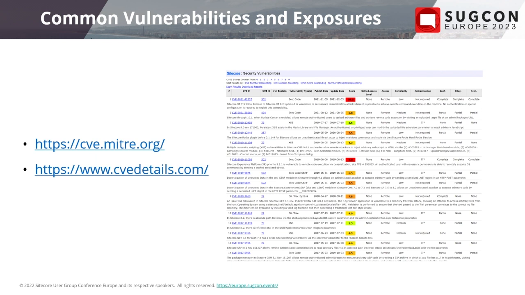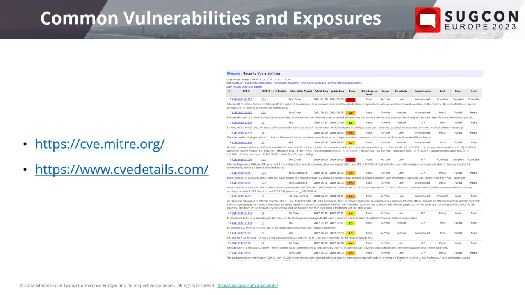So the number is given by CVE, then the dash, the year, and then some arbitrary number. So if you need to find the latest, just go in and have a look. CVE-2023, that's probably pretty late, or a new bug. And then the next thing you have to look at is what is the type of vulnerability. That could be an RCE.